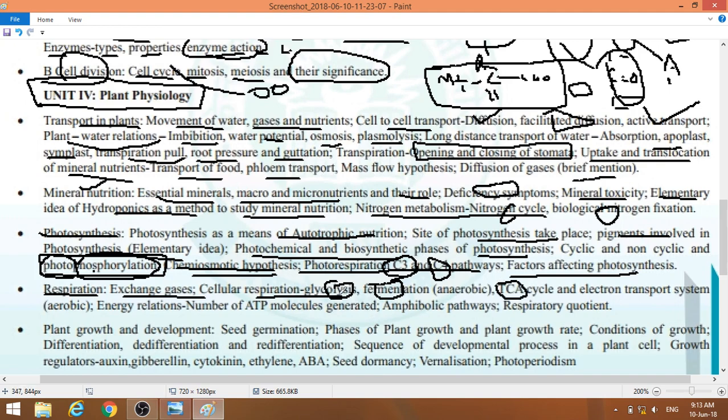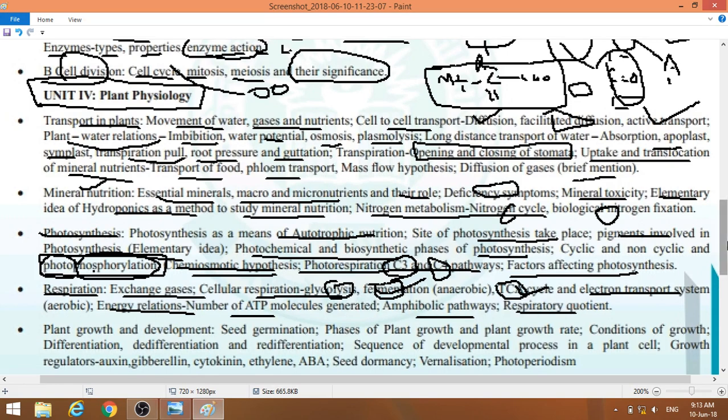cycle. If glycolysis is followed by the pathway which does not involve oxygen, that is fermentation. If it involves oxygen, then it's the TCA cycle, the Krebs cycle. You have to study the electron transport system, energy relation, number of ATP molecules generated, amphibolic pathway, respiratory quotient, how it